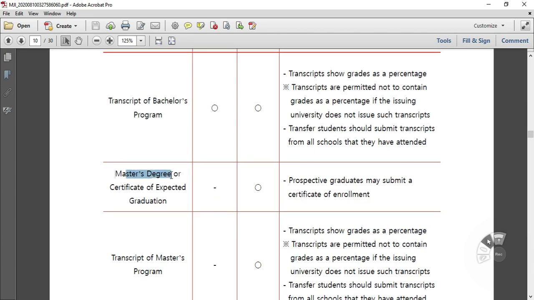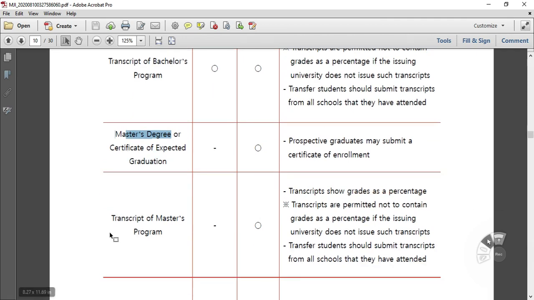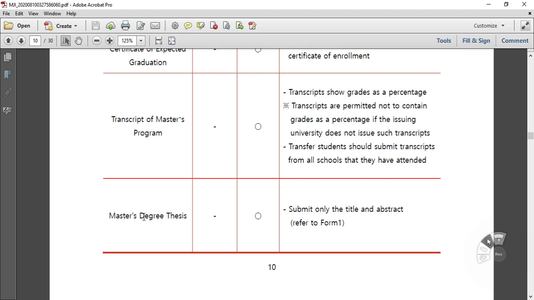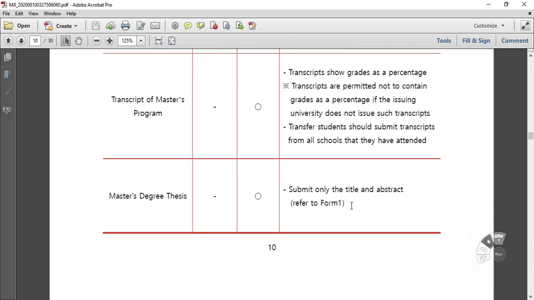And master's degree or certificate of expected graduation is not required for the master program, but it is mandatory for the PhD program. Similarly, the transcript for masters is mandatory for PhD. And the master's degree thesis is mandatory, but submit only the title and abstract. So refer to Form 1. There is a Form 1 given where you can just copy and paste the title and abstract of your master's degree